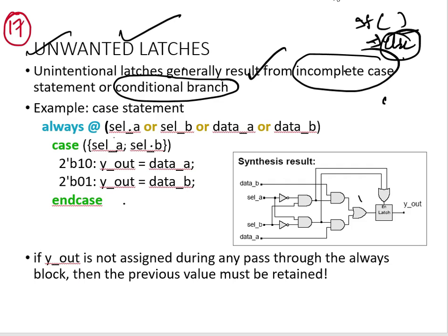The select A and select B could be 00, 01, 10 and 11. But here the conditions are 10 and 01. What is missing here is 00 and 11. So let's say when 00 comes,